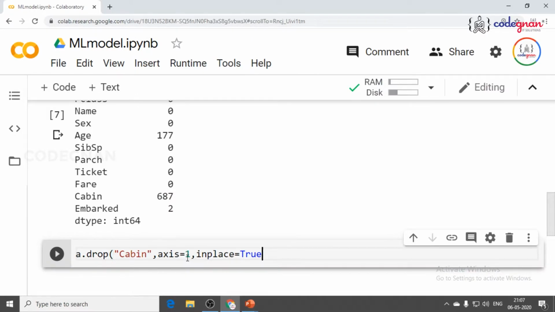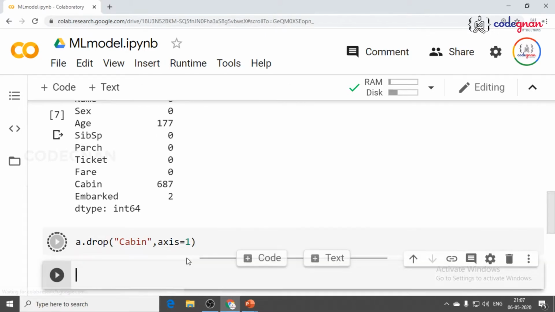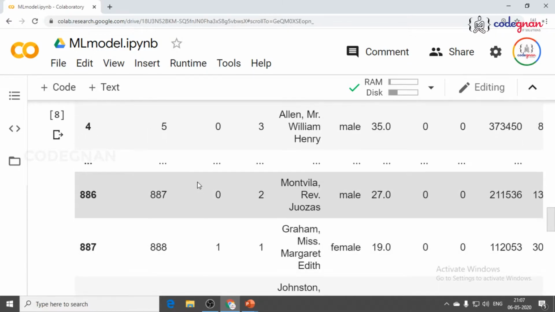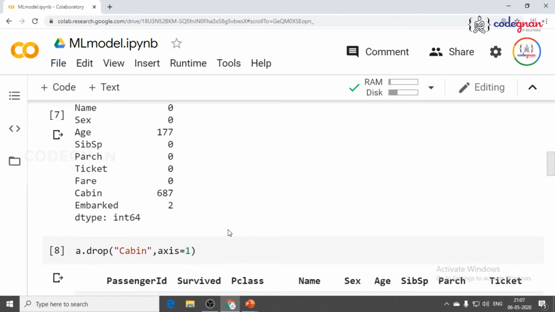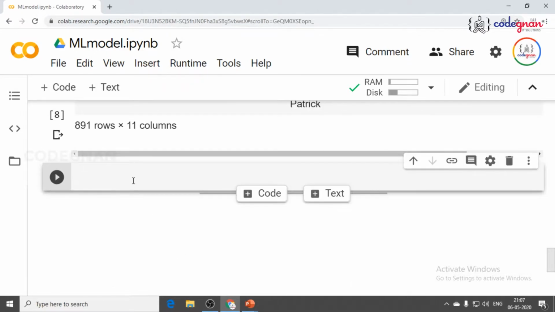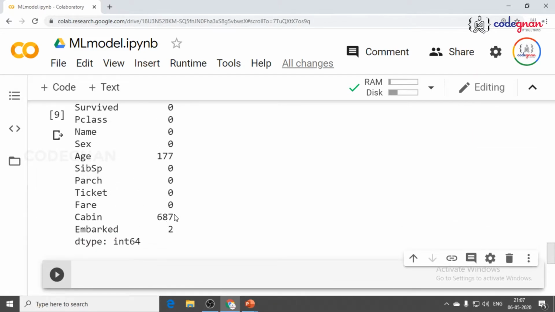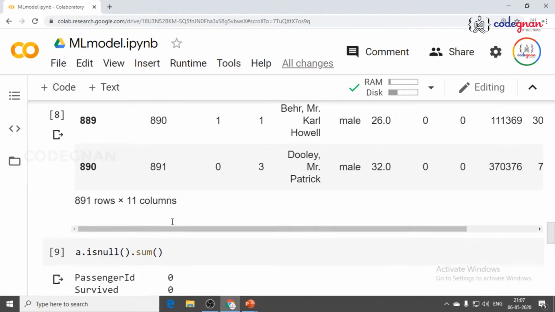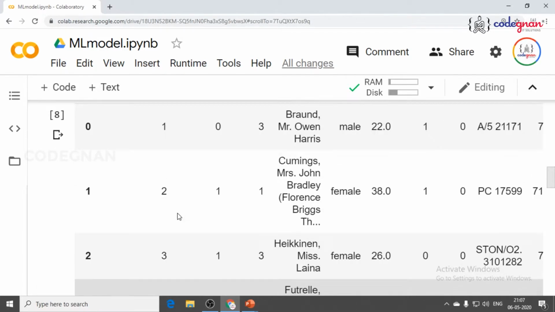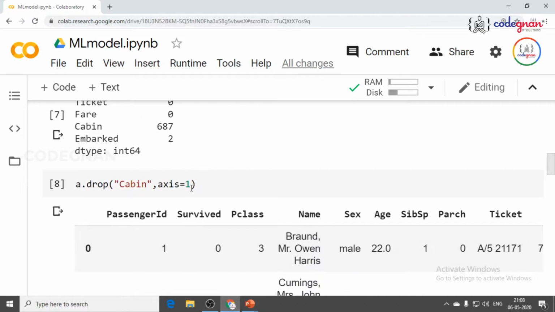If you don't give inplace, let me show what happens. You just run it, you get the entire data, and if I check a dot isnull dot sum, you can see cabin is still present, so I need to go for adding inplace equal to true.